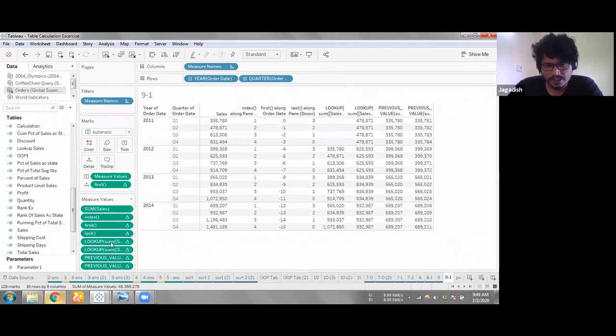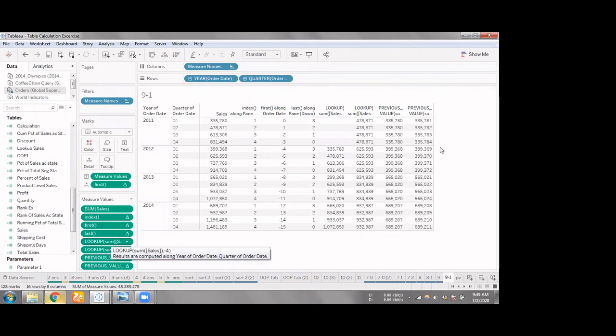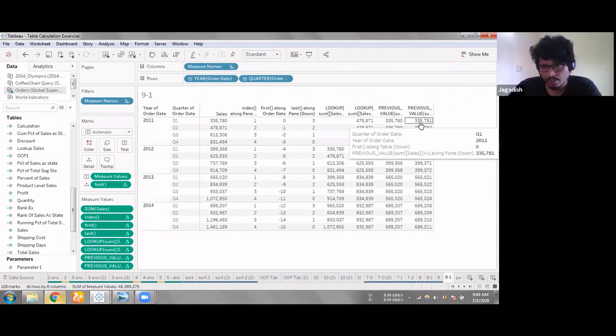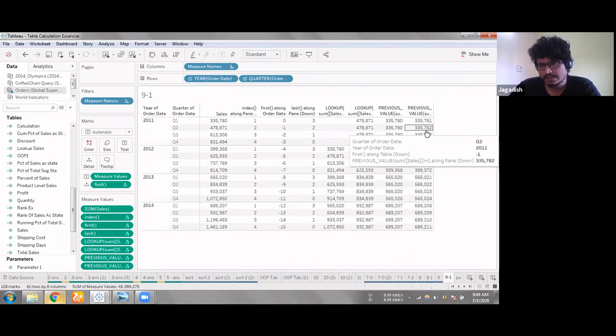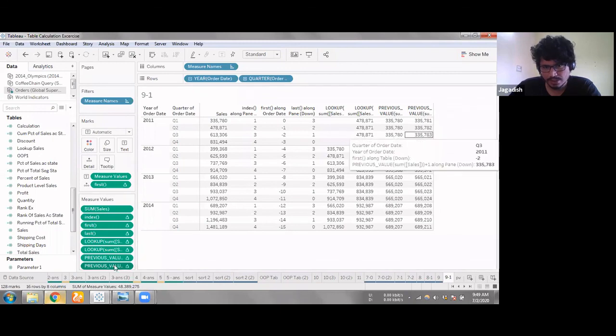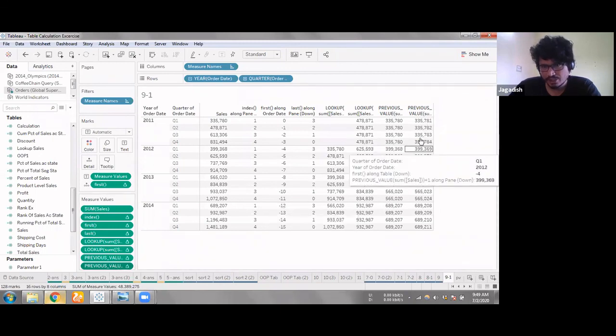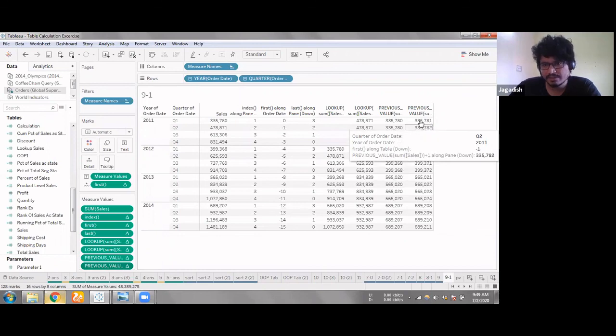So with the lookup function, you cannot reference itself. Let me explain what's happening in previous value. Though you are adding 1 to this particular field, you are not just taking this value. You are essentially adding 1 to the previous value in this particular field. So you are referencing the same calculated field that you're writing. The last calculated field that you wrote is this column, and you are referencing the previous value in that calculated field, which is not possible using the lookup function.